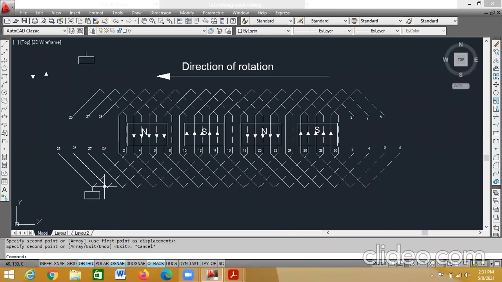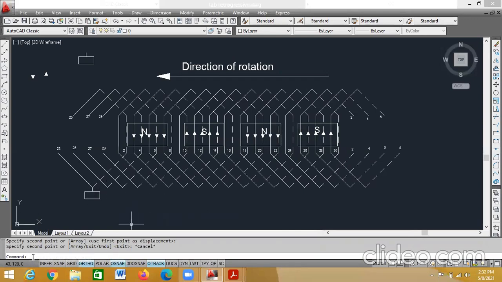This is 1, 2, 3, 4, 5, 6, 7, 8, 9, 10, 11, 12, 13, 14, 15, 16, 17, 18, 19 I require, including this. So I have to make an array of 19 columns, 1 row. What is the spacing? 2. 2 is the spacing. Okay.